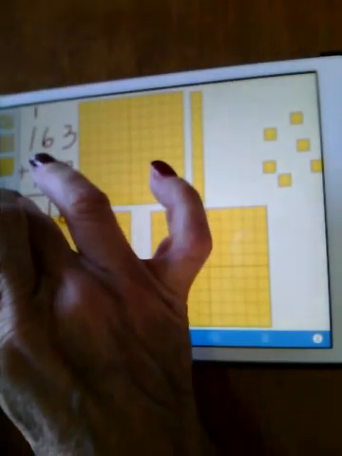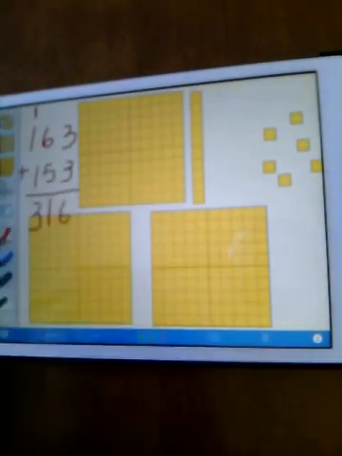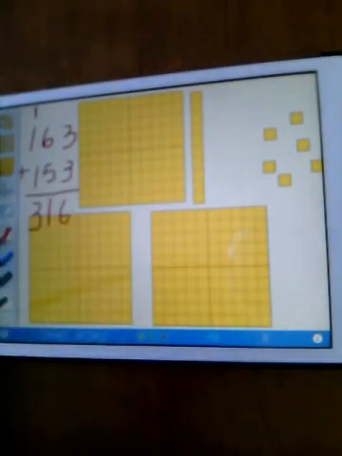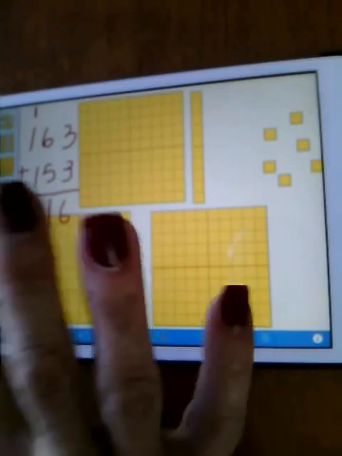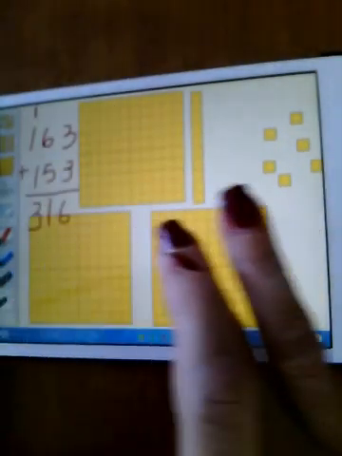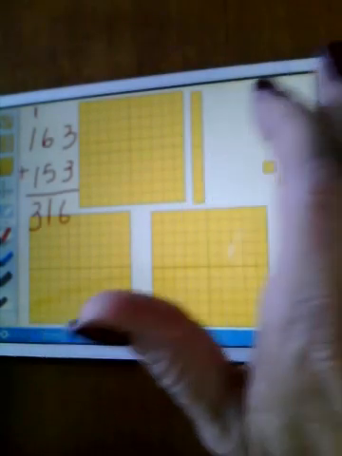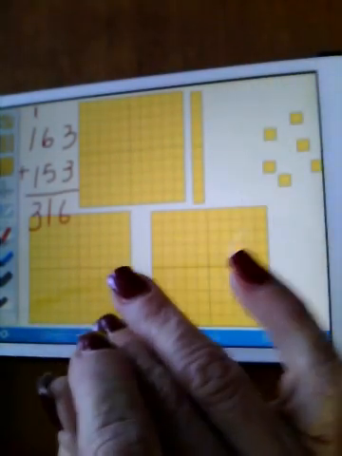Now we can add the numbers in our hundreds column. 1, 2, 3. Okay, so we record our 3. So 163 plus 153 is 316. Is that what we have with our number pieces? We have 1, 2, 300, 110, and 6 ones. That makes